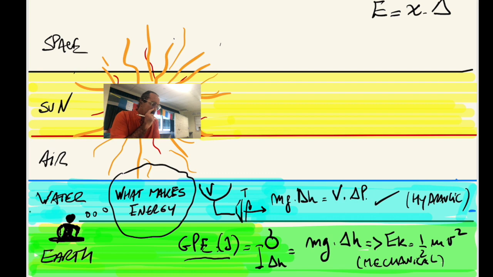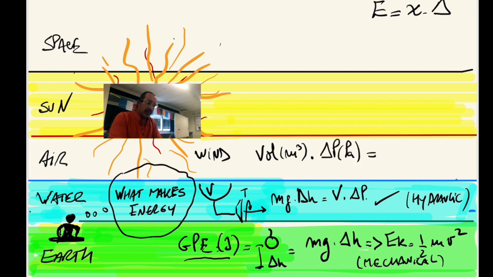Now, what happens with the energy from the air? We have wind energy, right? Energy that can turn a windmill, or wind power if you want. Or we could store energy in a tank. So if we have a certain volume of air stored at a certain pressure in pascals, then we say we have some kind of aeolic energy, or energy stored,